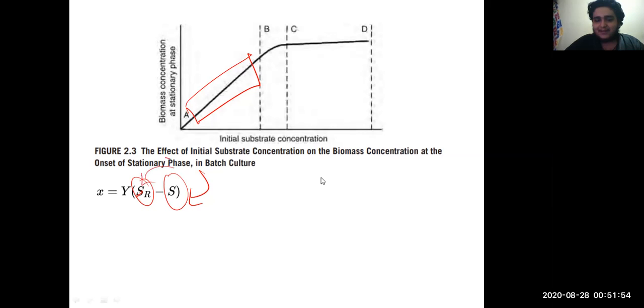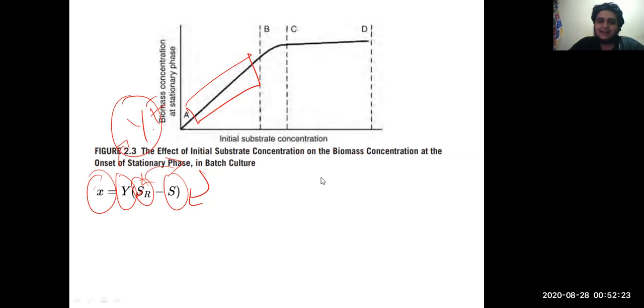So subtracting these two gives us the substrate concentration at a given time, and X is the biomass, and Y is the yield factor. This is a constant yield factor, and again this depends on pH, temperature, concentration of substrate, concentration of toxins, and all the physical chemical factors. Very similar to what we studied earlier. This is basically an equation in the same terms. It's just that we are using different